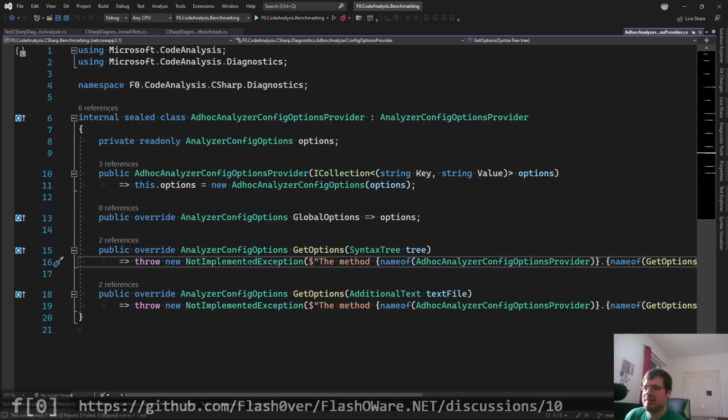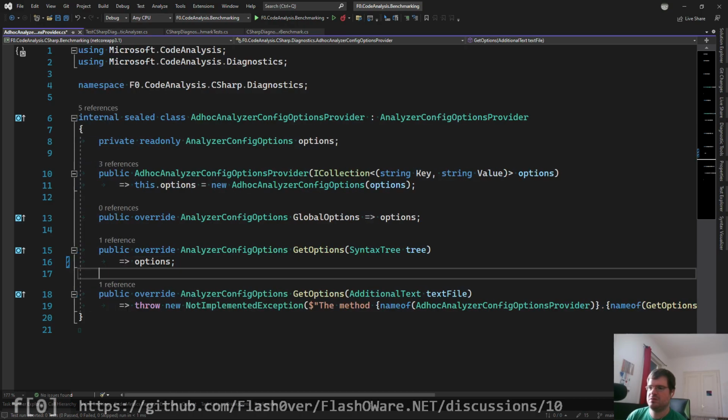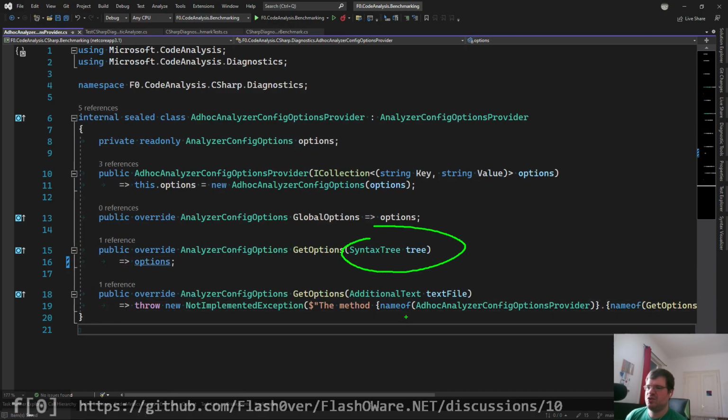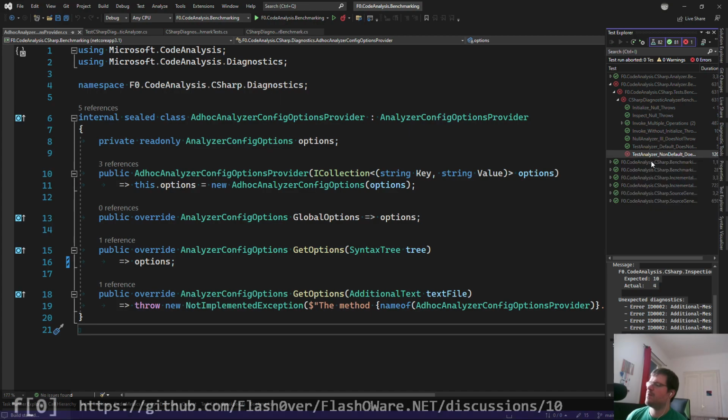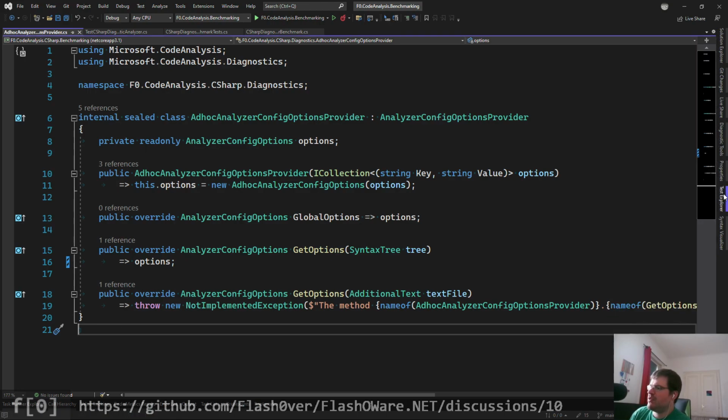Okay. Well, I guess the simple thing would be just to return the options, right? Perhaps you need to do something with the syntax tree, but well, we can always add some logic later on. That passes already. Okay, but we are not really considering them just yet. So I want the